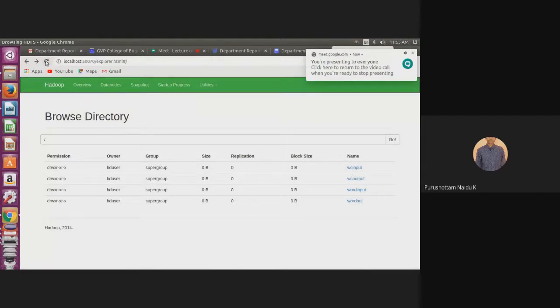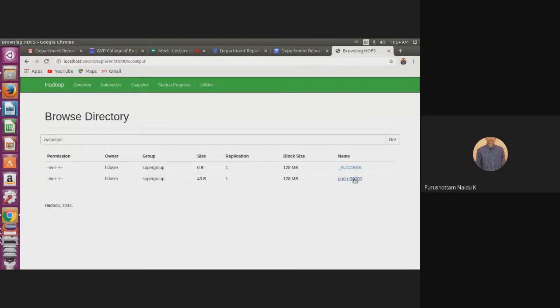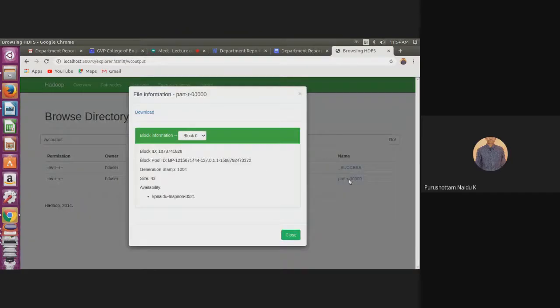Let's see, in this we have the directory called WC output. This is the output directory created by Hadoop itself. In this directory, Hadoop by default creates one file called part-r-00000. This is our output file path. It is created automatically by Hadoop itself. Click on that one and download it.